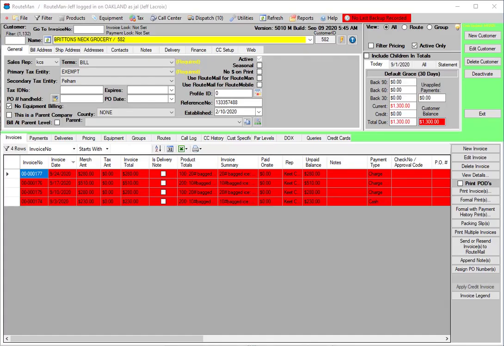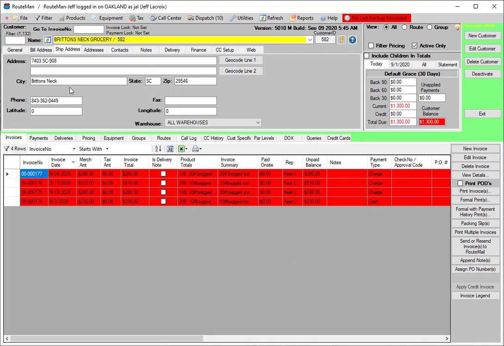Alright, this video is all about using geocodes. Most of the time when you enter a customer, you're going to enter the shipping address and you want to geocode it so that Routeman knows where to plot it on the map when you use dashboard, and also so that when you send an order, your drivers can use the mapping tool to route them directly